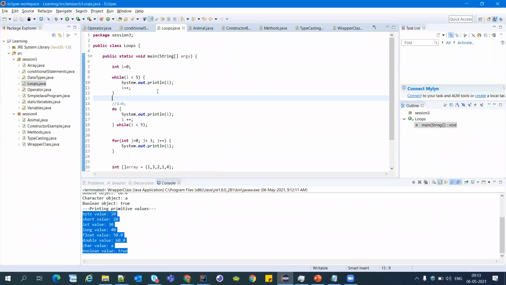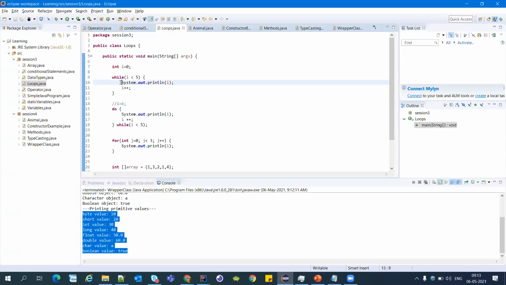Sometimes we want to execute some code for multiple iterations, or multiple times, until the condition is satisfied.